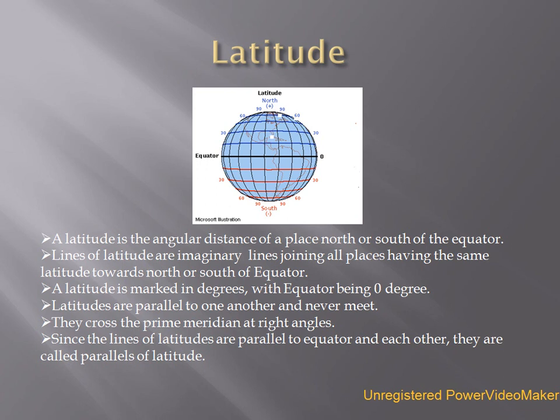In the picture given, you will see that there are red color and blue color lines running parallel to each other. These lines, which are running parallel to equator towards north and towards south, are called latitudes, the equator being the greatest circle and the North Pole and South Pole being points, as dots.